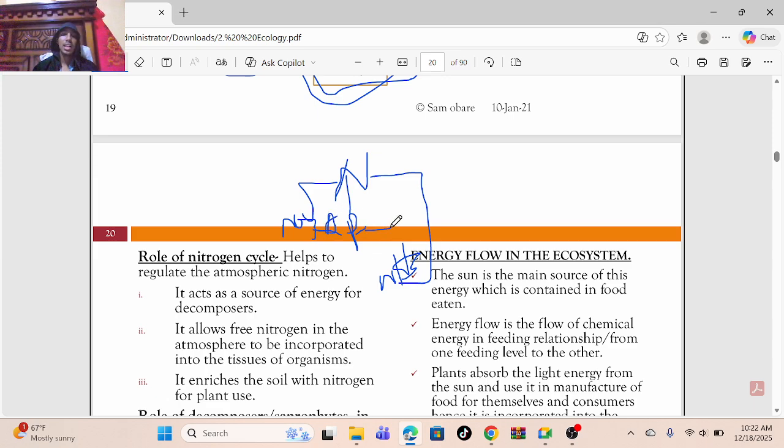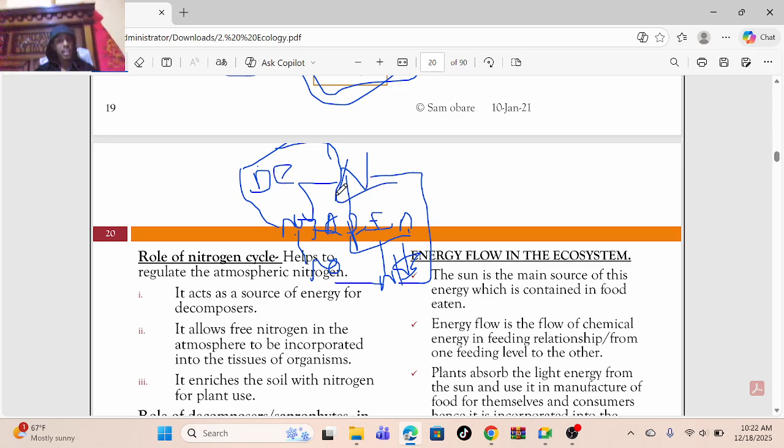Then this plant sasa inafeediwa by animals, and this is known as feeding. Then when they die, both plant and animals, they decay by saprophytes. They become ammonia. This ammonia is added nitrogen by nitrification to form nitrogen 2 oxide. This nitrogen 2 oxide will be further nitrified to form nini? To form nitrate. This nitrate sasa zinazirudishwa ikuwe nitrogen by denitrification. Zinakuwa nini? Zinakuwa nitrogen. That's all about the process.